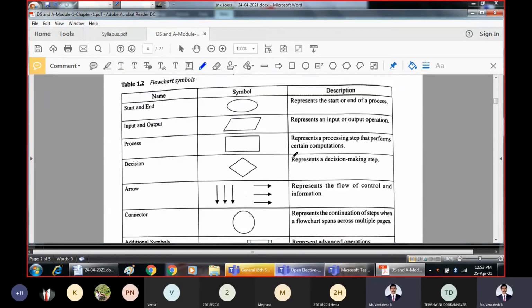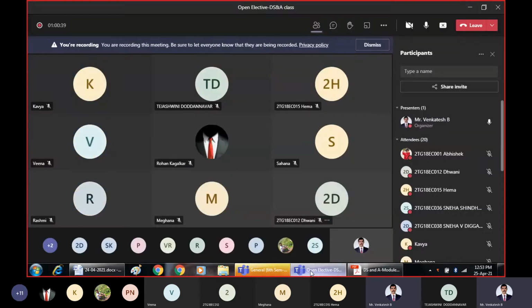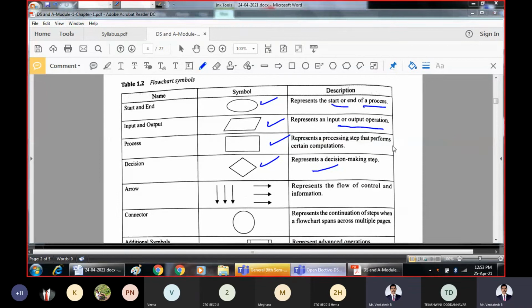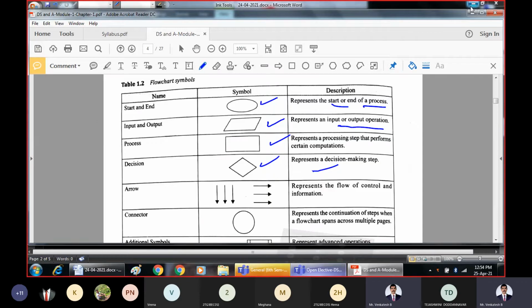So these are the different symbols. As I said, the flowchart will always begin with the oval and end with the oval. It represents the start and end of the process. Representation of input and output is possible by using the parallelogram, and some computation is shown by using the rectangle. Decision making is shown by using the rhombus. That means you want to decide among the given code part which is true, that is, which execution path you have to take. Either you have to take the true path or the false path. That is identified by using the rhombus.